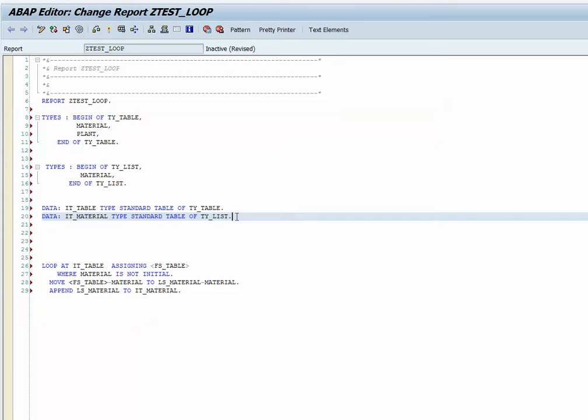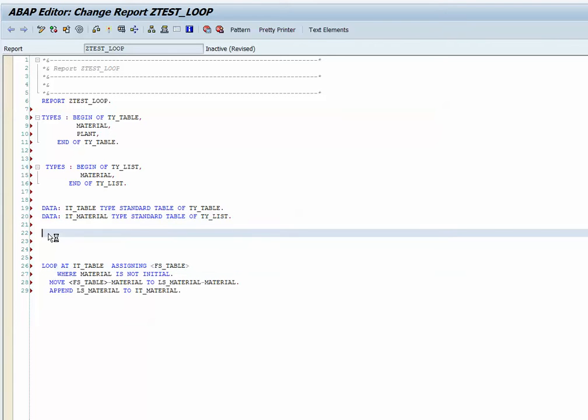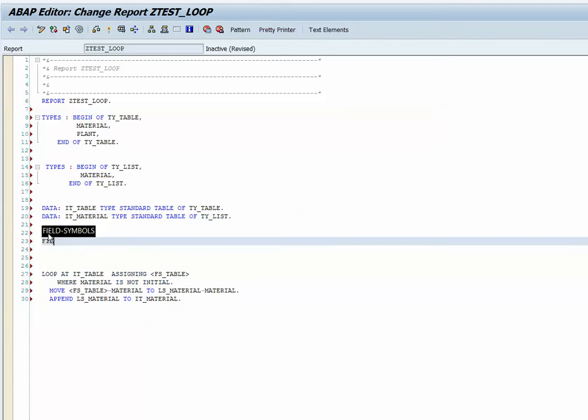And one more thing: we have not defined the field symbol up here, so we can define the field symbol like this, FS table